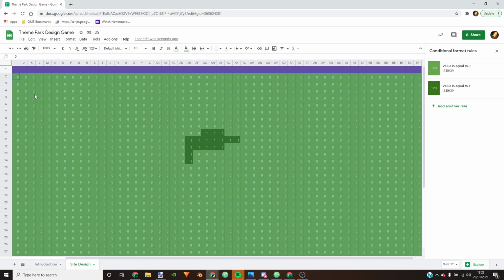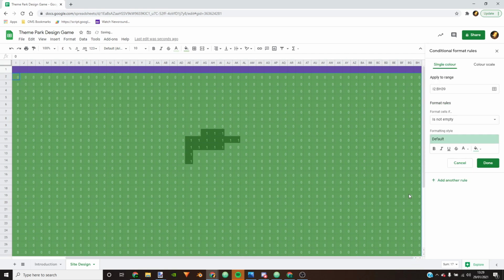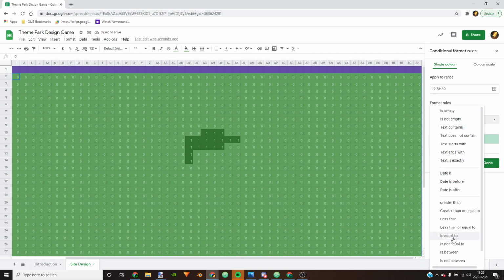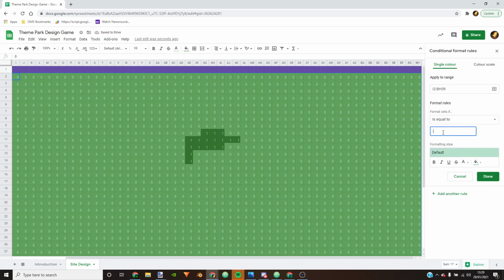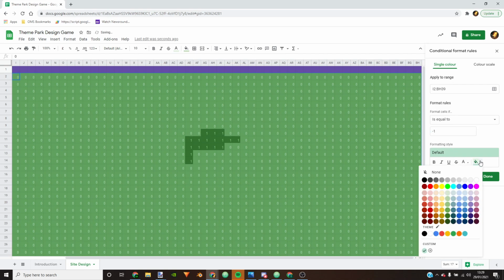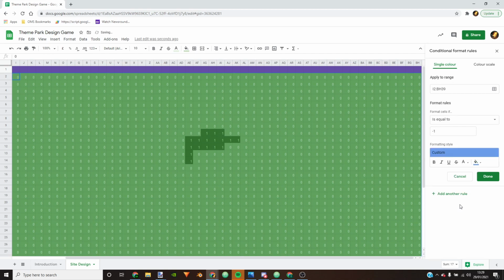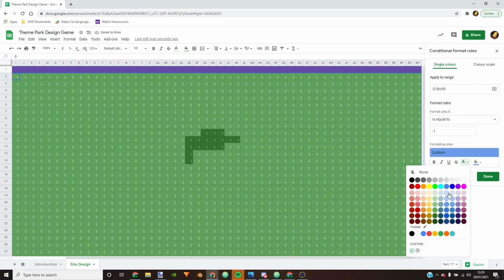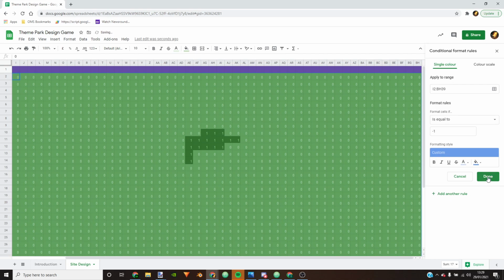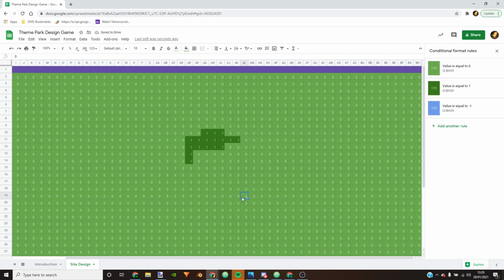So I've once again highlighted from I2 down to BH39. I'm going to create a new rule, is equal to -1. So if it's -1, we're going to say that's shallow water. So I'm going to choose this sort of light blue and an even lighter text color and click OK. So now if I put in a -1 here, I got this shallow water, and I can drag this along to make a bit of a river,